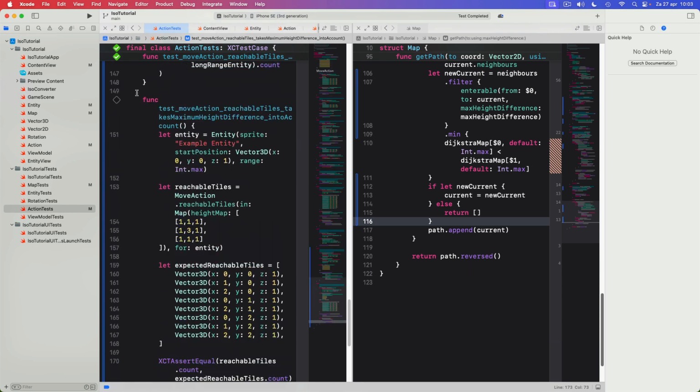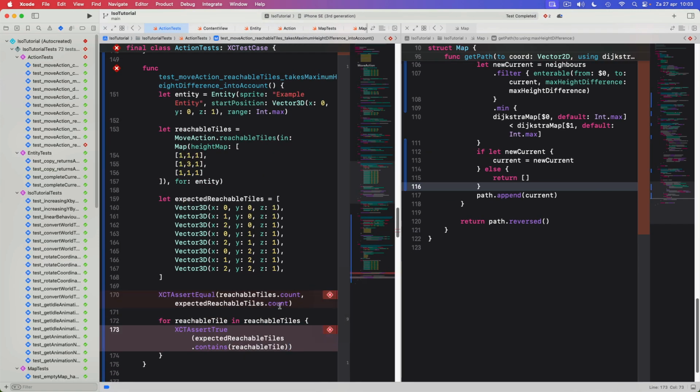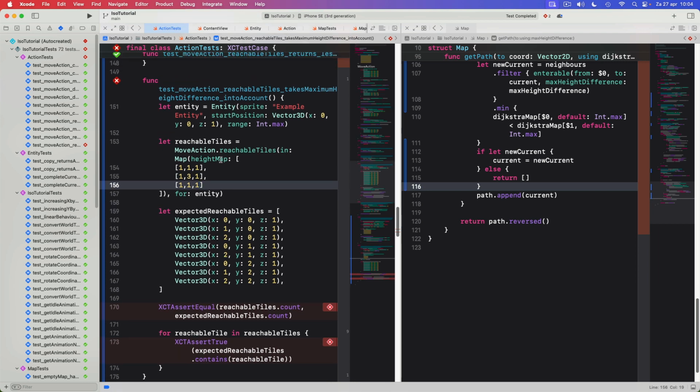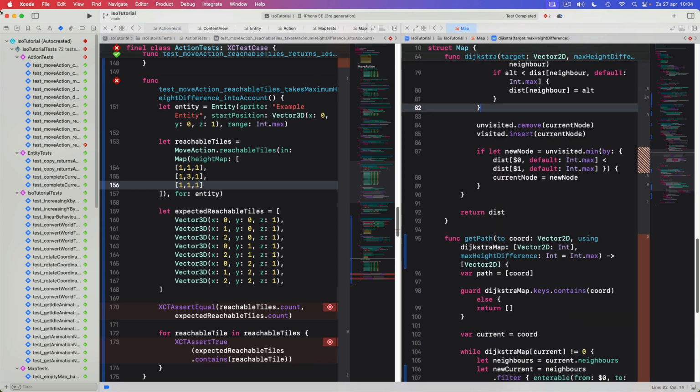Let's run the test. And the test passes because we get back the entire map instead of only the 8. And that's because we don't take max height difference into account when creating our action